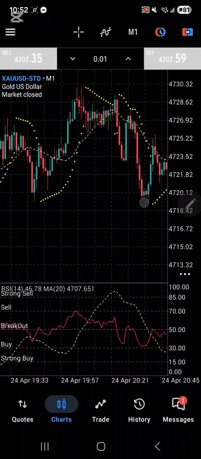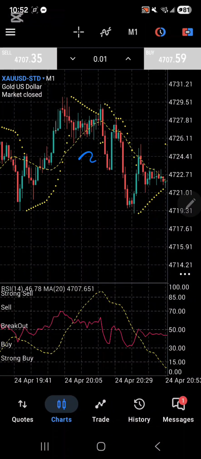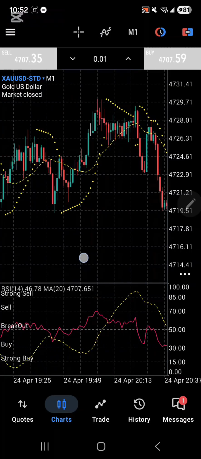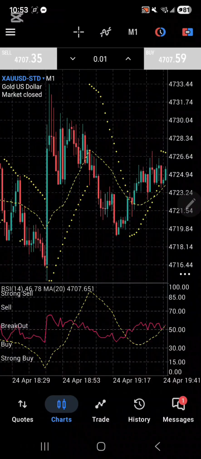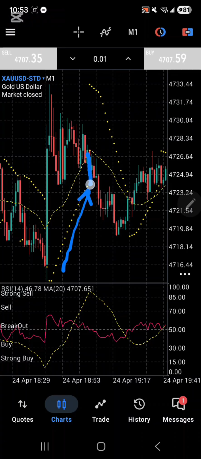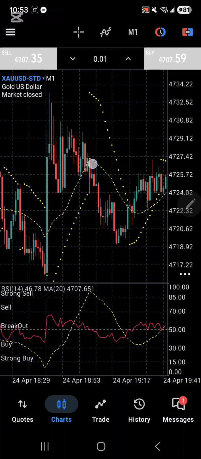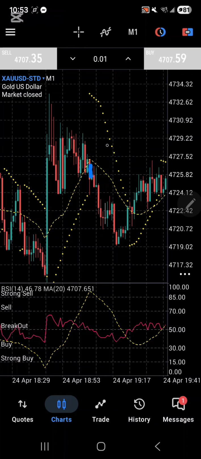So you can review past charts and backtrack to look for other positions, as you can see here. There, it's going up. Then this candlestick hits the parabolic SAR and it signals a trend reversal. The candle body closes underneath the moving average, and the RSI goes down. It's an immediate sell position.